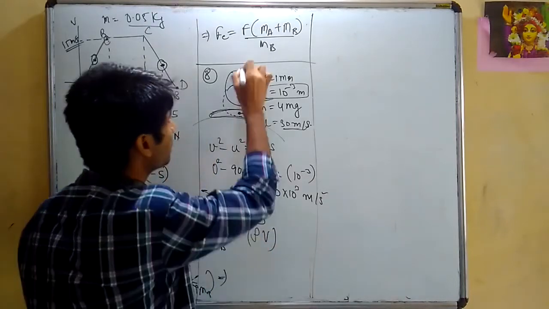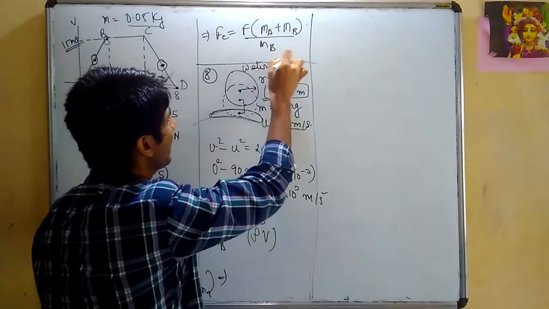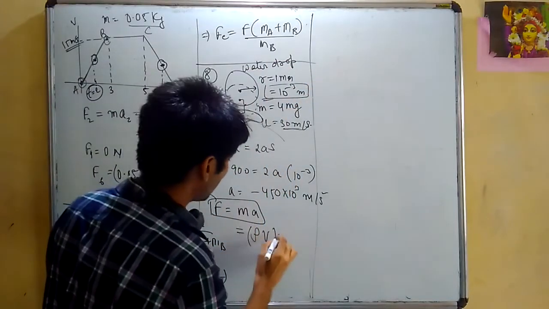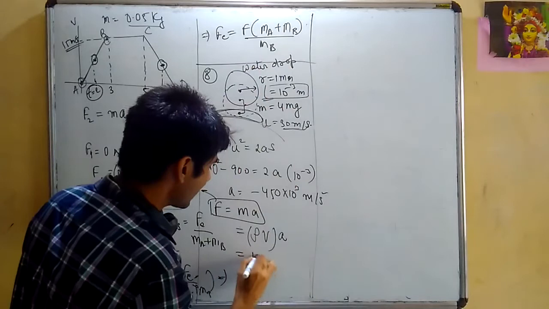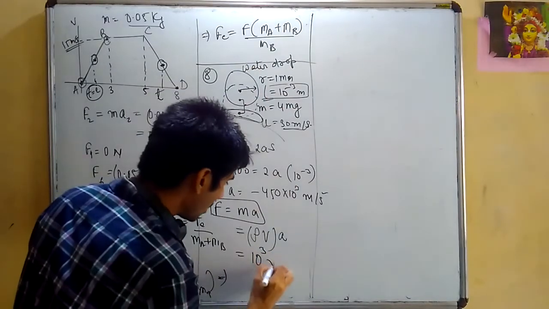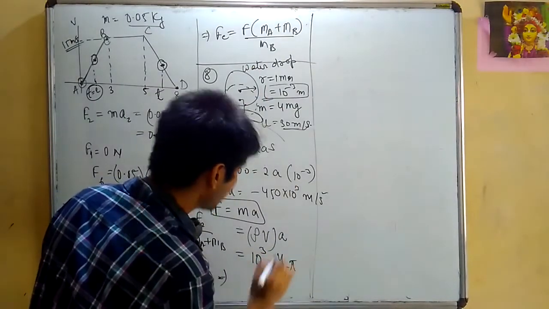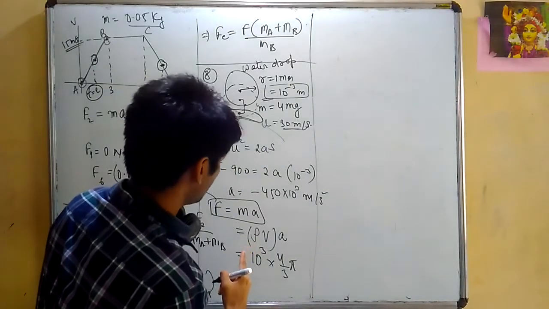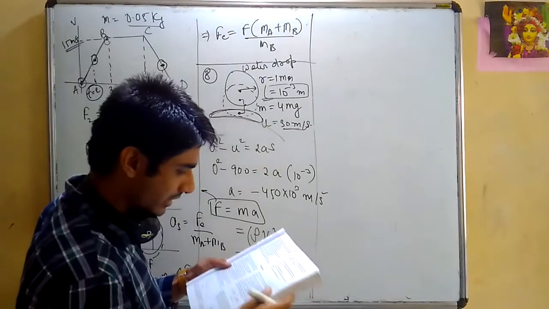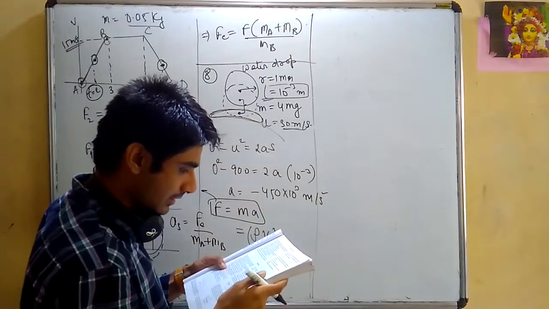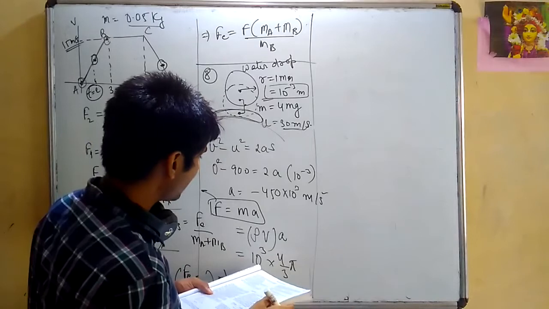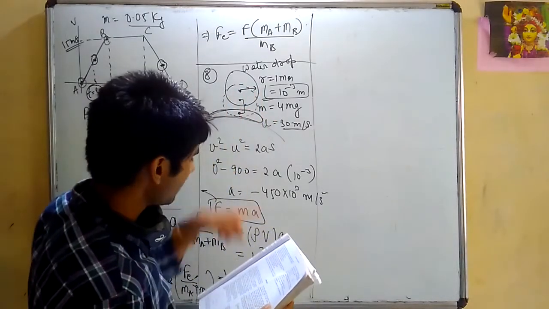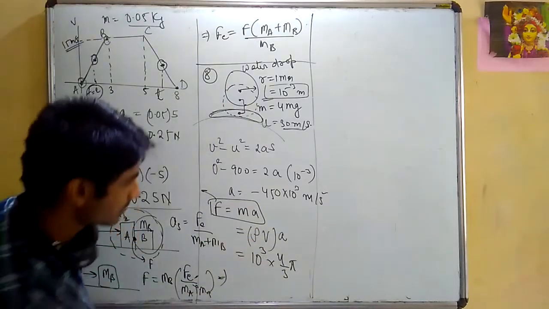Because this is a water drop, I have the density as 10 to power 3 kg per meter cube, and volume I can find out. What is the volume? 4 by 3 pi r cube. And what is r? Mass is already given to me in the picture, right? Mass is given, radius was given. Then I can directly find it out. I don't need to use this particular formula.